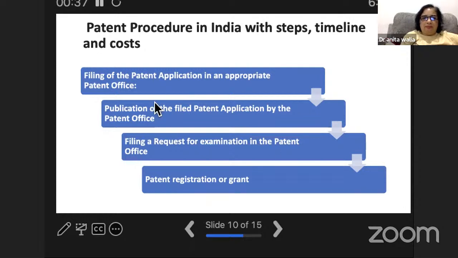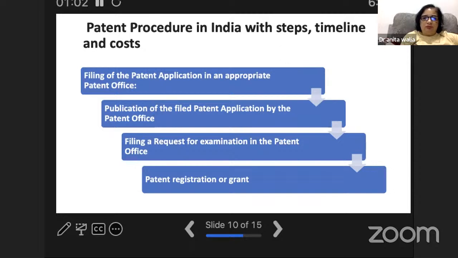First thing, whenever you have an idea, work on it and develop it, and see whether it can be developed technically into a product or process or not. Then do the patent search before you go ahead with the work and find out whether somebody has already filed a patent on that, or whether it is available or not. So you can go to Google Patents or PATENTSCOPE in WIPO and find out.